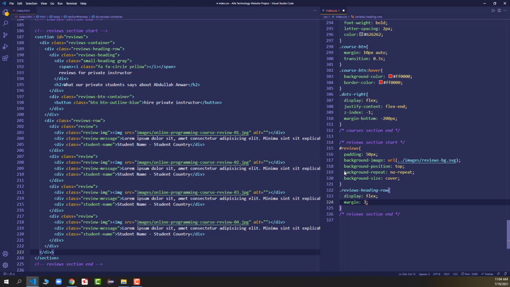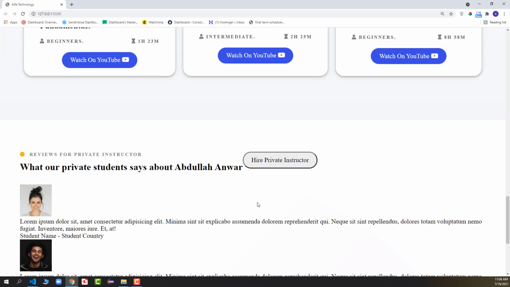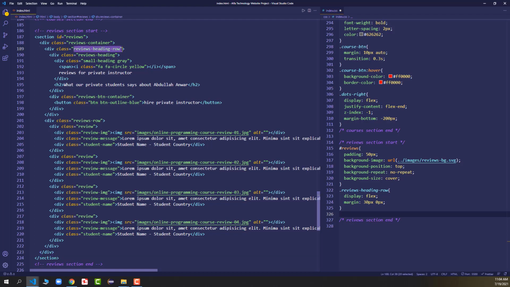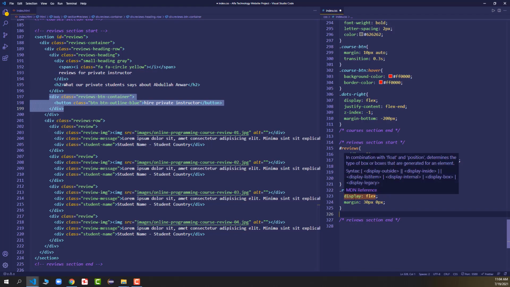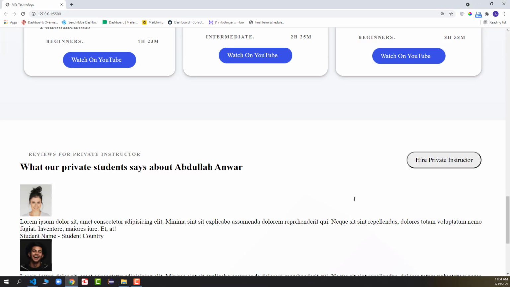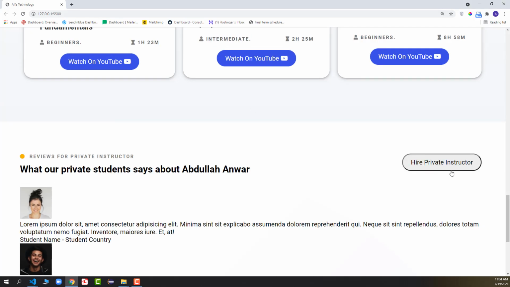So I will apply the margin of 30 pixel from top bottom and 0 pixel from left right, and after that I will come down, and now you can see inside the reviews heading row we have reviews, and we have reviews btn container. So I will just go down and I will target the reviews heading class, and here I will say flex1. As soon as I say flex1, the button will be on the right hand side.